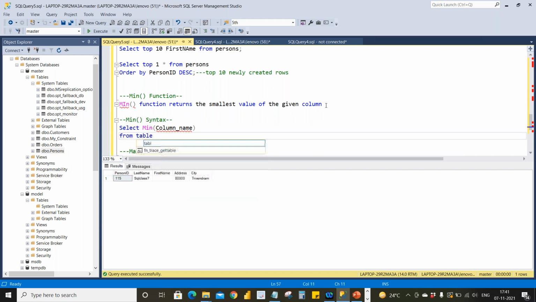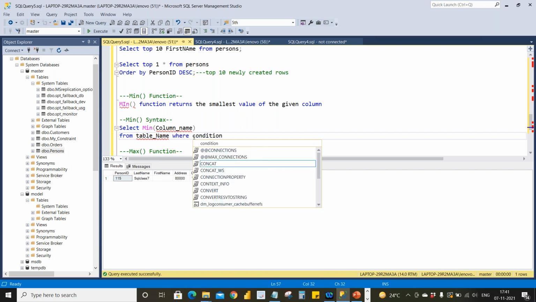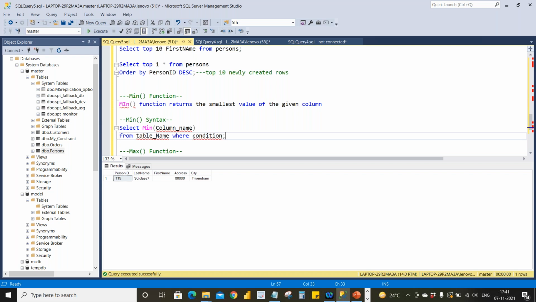From, we need to mention the table name, and we should give the condition as well if it is there. If the condition is not there, you want to know everyone's data, so no need to mention the condition. Depending upon the value you want to retrieve, you need to give the where condition.